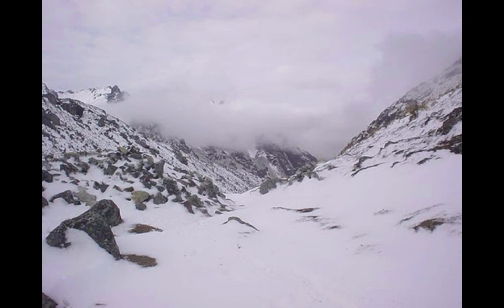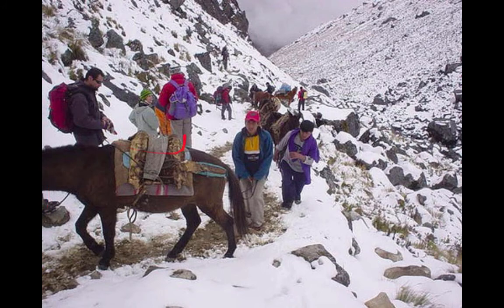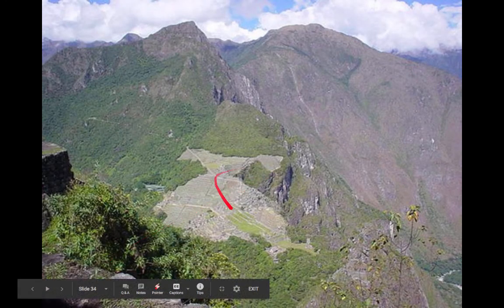Right, so this is one of the passes we got stuck in because it was too overrun with snow. I traveled with just a small group of people that I met while traveling. And these were our porters who helped us carry our bags and set up tents and stuff like that. Everybody else, the travelers, all have very intense hiking gear. The dudes who are helping us, the porters, it's hard to see, but they're just wearing like Adidas slides and basic sneakers. They were so badass. But anyway, this is the view of Machu Picchu from the top of Huayna Picchu, that mountain peak there. So you can see how high up it is. It was actually pretty scary.